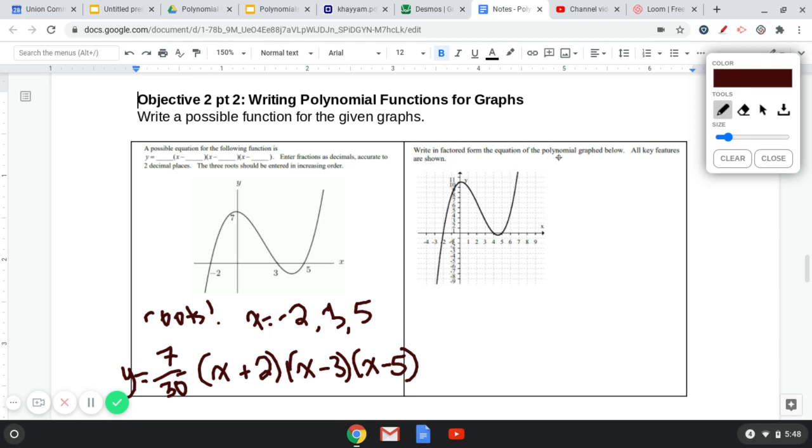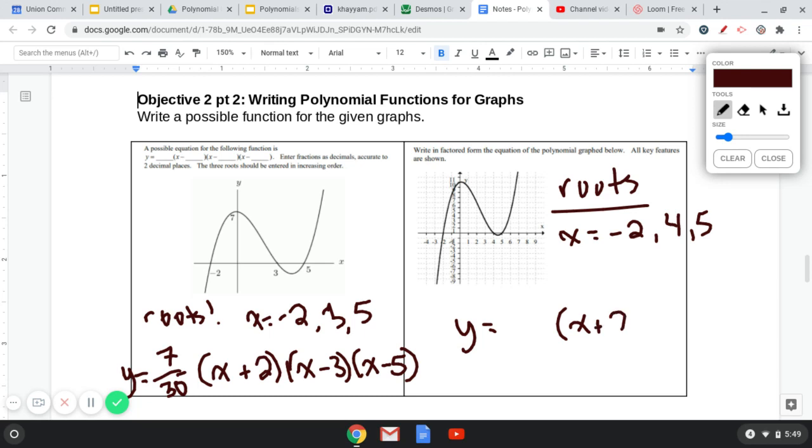So let's do this next one. Write in factored form the equation of the polynomial graph below. All key features are shown. So let's find the roots. When x equals -2, 4, and 5. So we know in our equation we're going to have, again, x plus 2, and then x minus 4, and x minus 5. So let's go ahead and type this into Desmos and see if it crosses at,